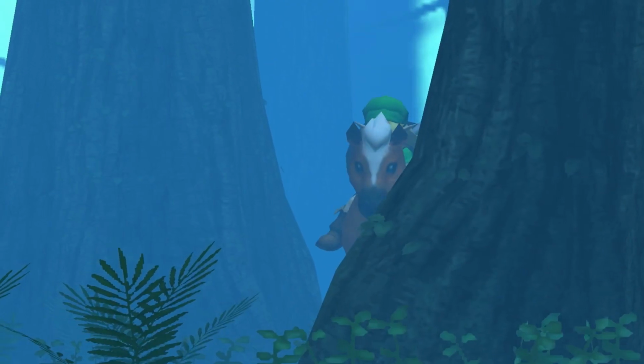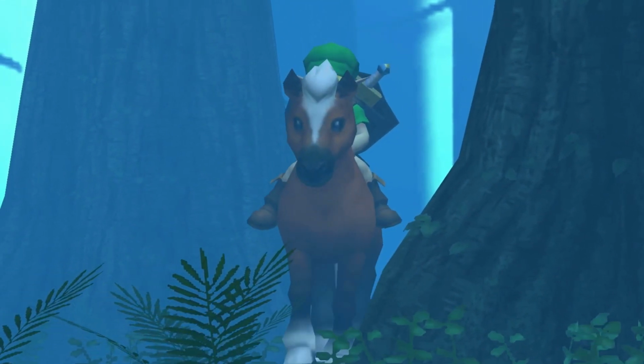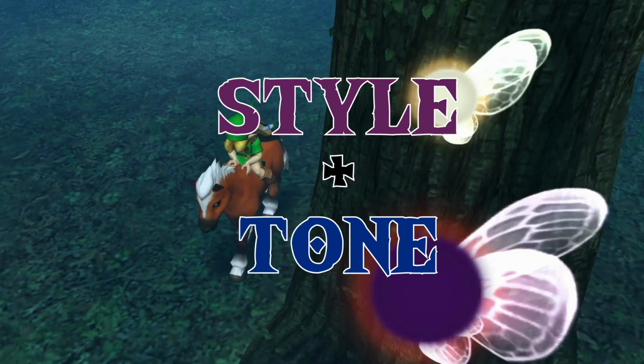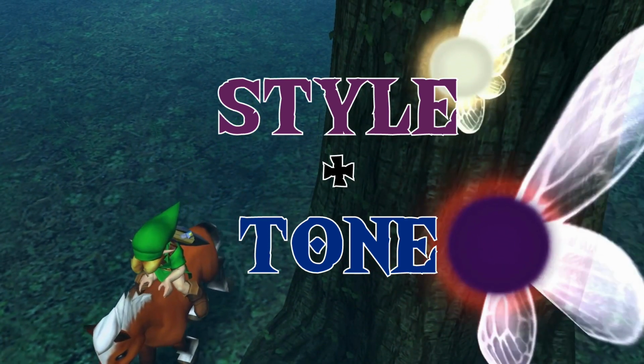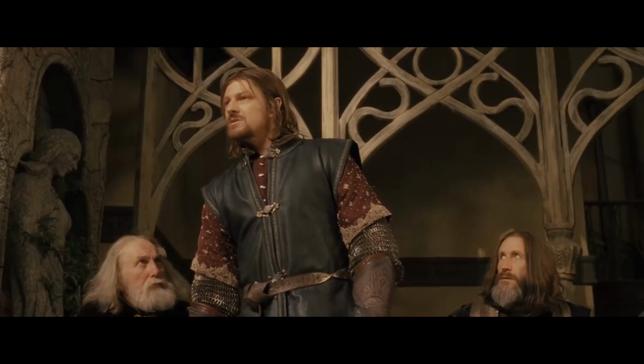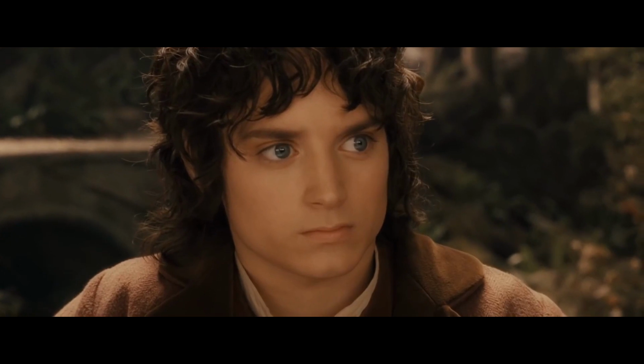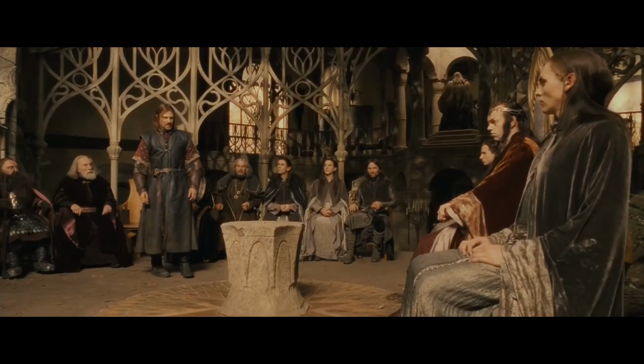Now, one of the very first things that you're going to need to do if you're adapting this video game series is identify the style and tone that best fits with a Legend of Zelda movie. Now look, I'm not saying that each one of these games is the exact same. Wind Waker and Majora's Mask, 2 very different styles and tones. But what is at the core of the Legend of Zelda series? It's not Lord of the Rings just because it has that medieval fantasy vibe to it. But clearly it at least has a little bit of that.